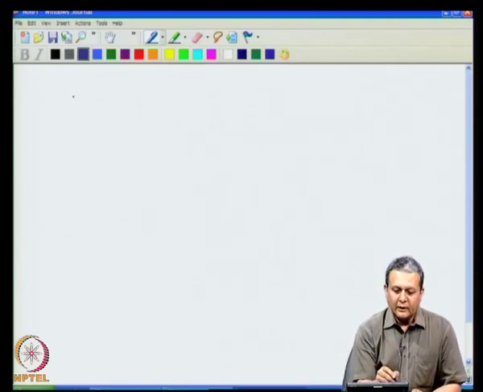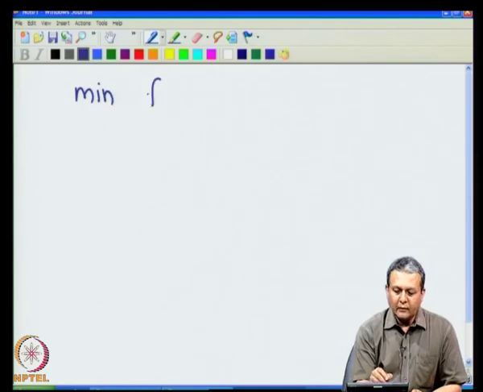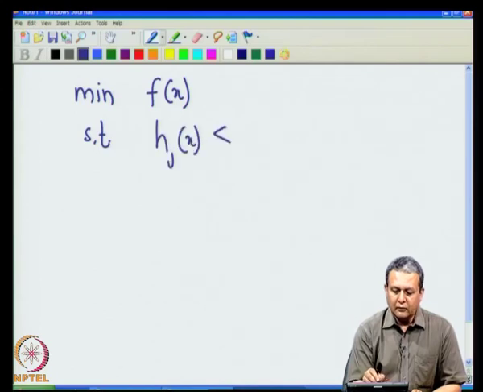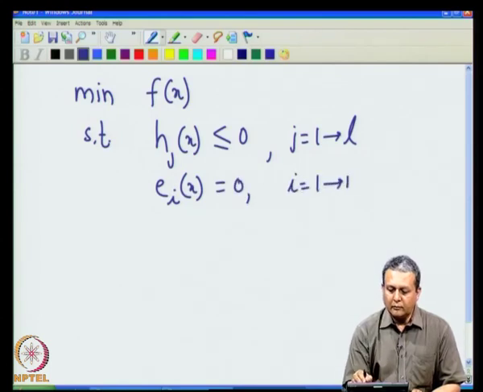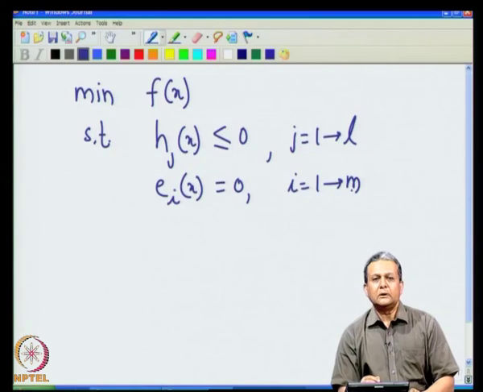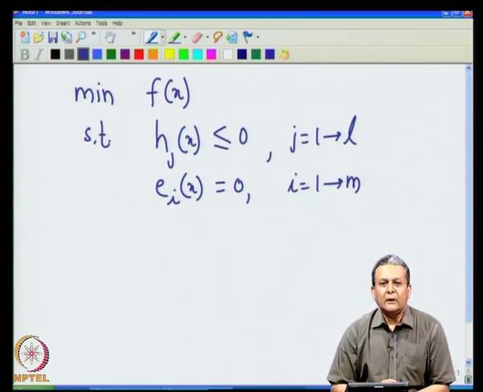Now, if we consider a general nonlinear program, minimize f(x) subject to h_j(x) less than or equal to 0, j going from 1 to L, and e_i(x) equal to 0, i going from 1 to M. Now, we have a general nonlinear program. Now, the active set method can be used